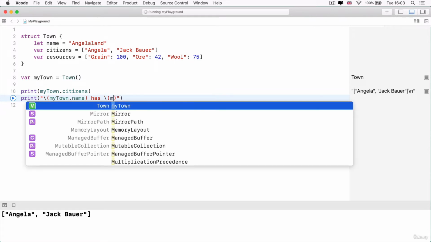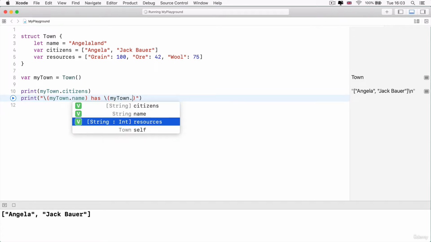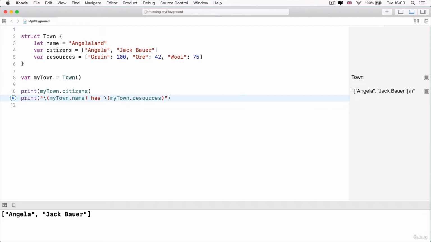So then it would be myTown.resources, and then we would use the square brackets to access the grain key. And then we could say, well, it has this many bags of grain. So now if I run my code, you can see that these are the citizens and Angela Land has 100 bags of grain. That's a pretty good town, if I might say so myself.